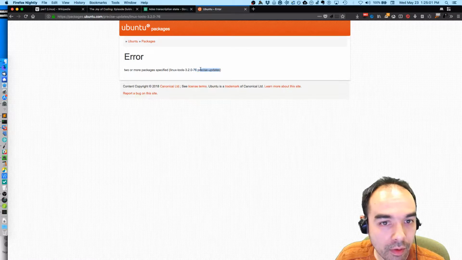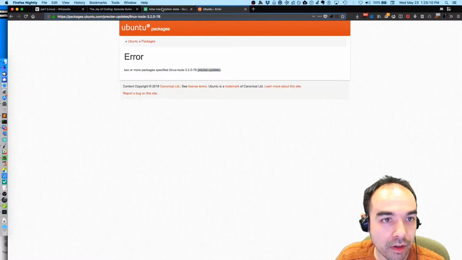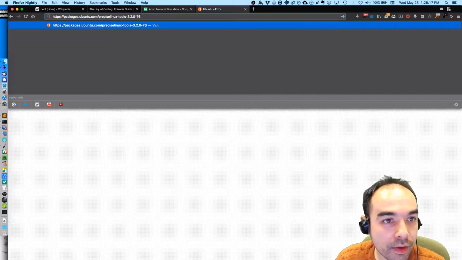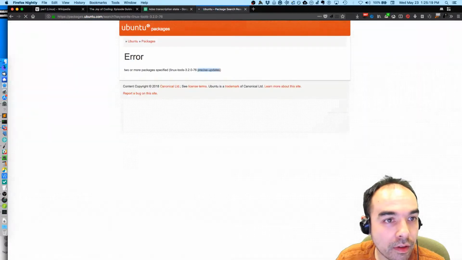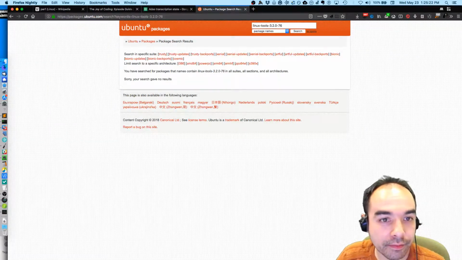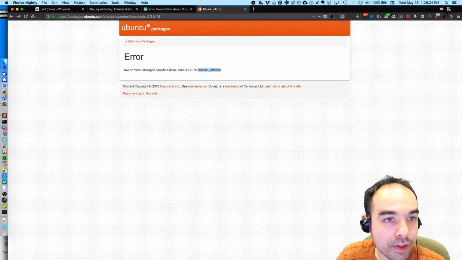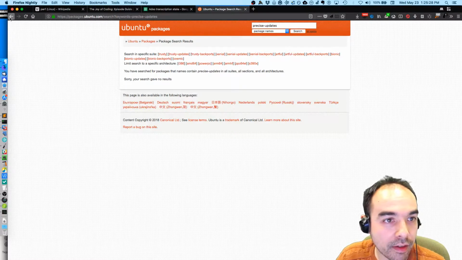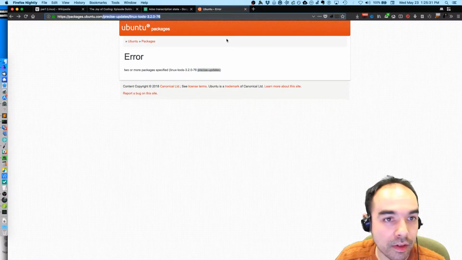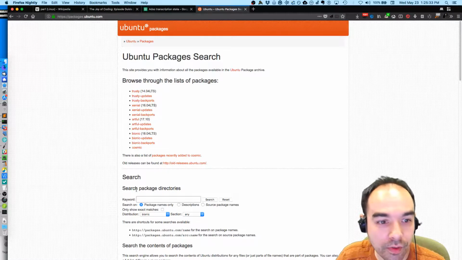I wonder if I need to add a different part of the Ubuntu package. Two or more packages specified. What if I just do this? Can't find it. What if I just do this? Doesn't like it. Packages. And what if I just search for